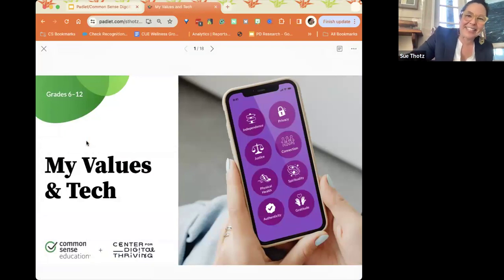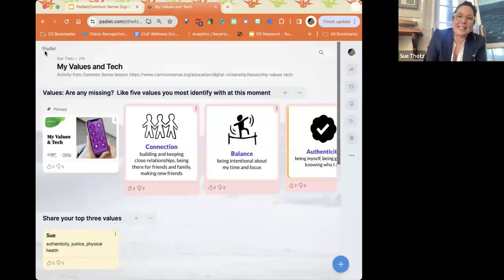For example, I'm new to this ability to share this thing as a slide, which is kind of exciting, right? So this is the cover of my lesson plan that I have here today. I just shared this with somebody today, that you can share this almost as a presentation. How thrilling is that? All right. So that's exciting as a presenter.